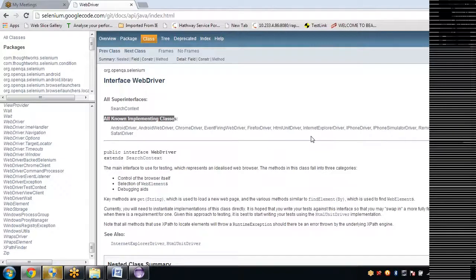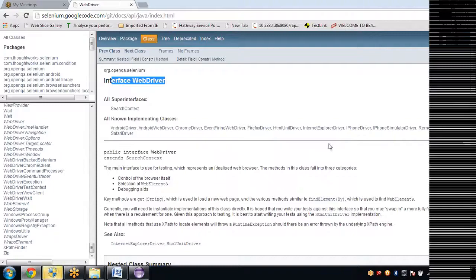Now what class to use? There are multiple classes. Simple logic. If you want to automate your application in Firefox browser, then use Firefox driver class to implement the methods present in WebDriver. If you want to automate your application in Internet Explorer browser, then go with Internet Explorer driver class to implement methods.